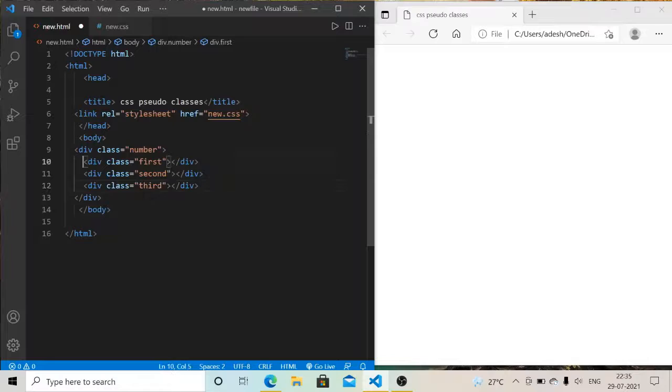So the first, second and third div elements are children of the number div element. So the number is a parent of these div elements. Okay, so now we understand what is parent and child.